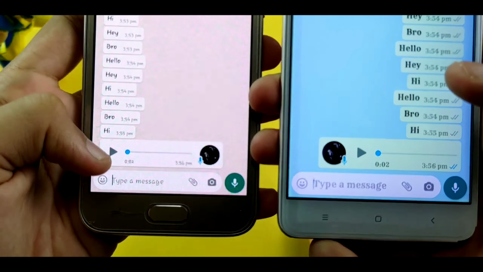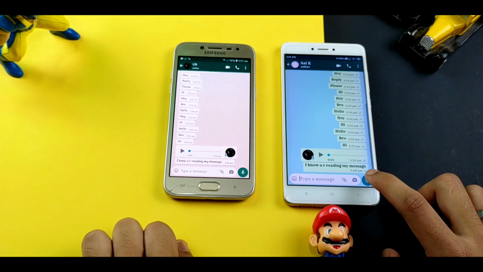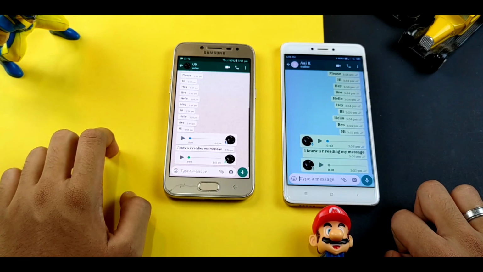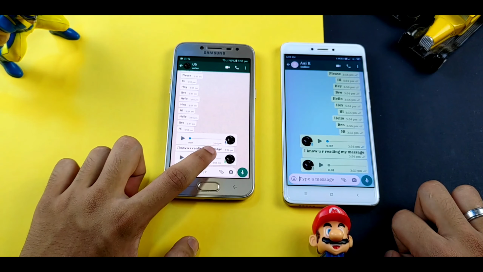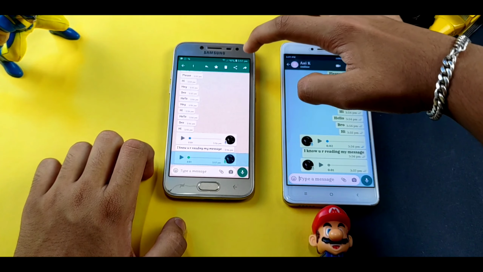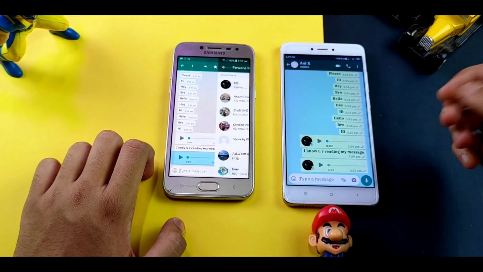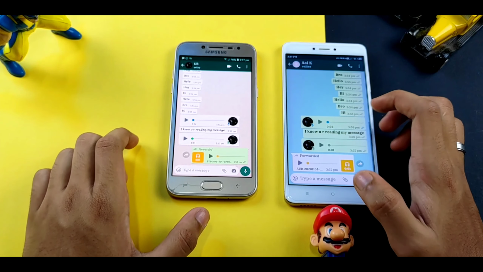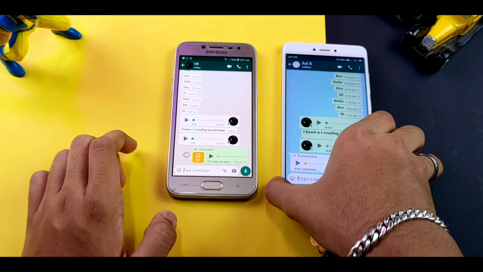So if he does the same thing with you, that he just records some audio and sends it to you, and you are curious about it, the best trick is to share it with one of your colleagues or your parents, or you can take the device for a few seconds to hear the audio. Just share the audio without playing it, and later you can play the audio from the other device and he won't be able to tell whether you are online or offline. So yes, this is the trick where you can make your friend a fool. So yeah, you can try this once at least.